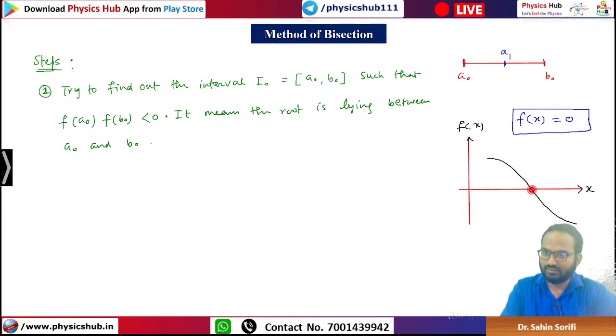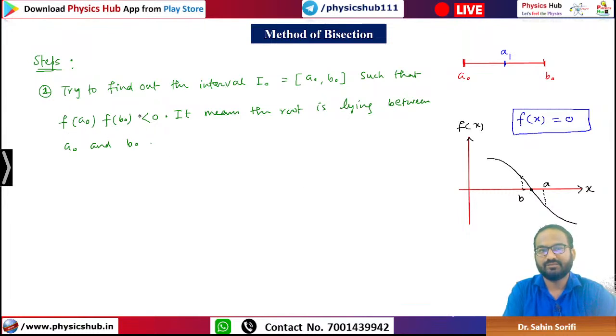So on this side of the root you can see the function value is positive, on this side the function value is negative. So whenever we have a root, it means there is a transition from positive to negative or negative to positive, right? So we are considering a range around that root. So this is our root, and let's say this is B, this is A. So our root is lying between B and A,